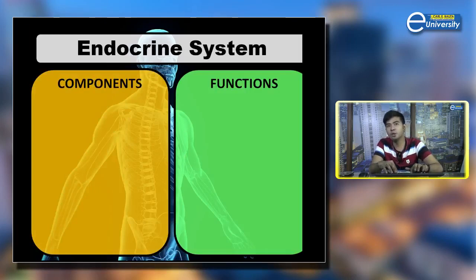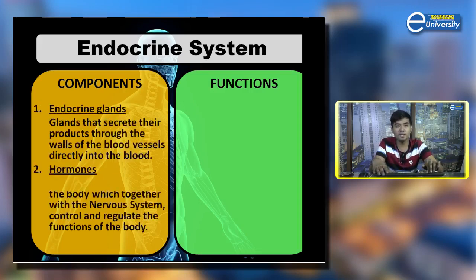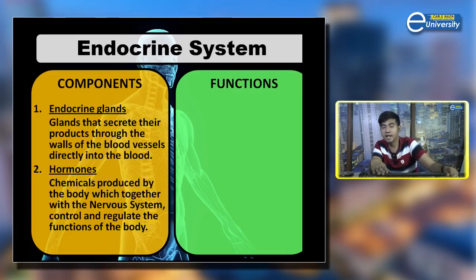So let's proceed now to the system that controls our emotion, our growth and development, and other changes. And that system is called the endocrine system. The endocrine system has two components, the endocrine glands and the hormones. Endocrine glands are the glands that secrete their product through the walls of the blood vessels directly into the blood, while hormones are chemicals produced by the body which together with the nervous system control and regulate the functions of